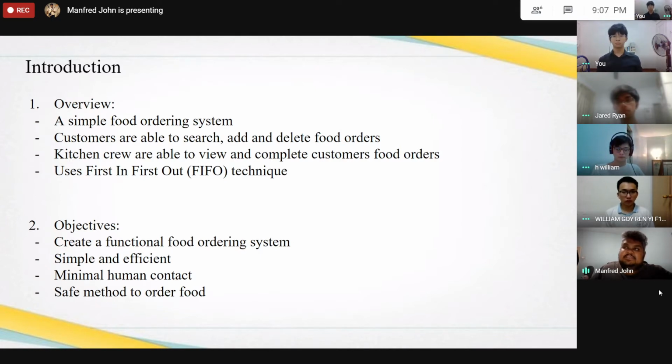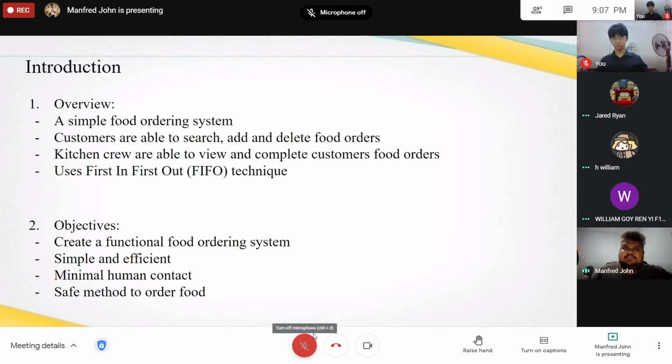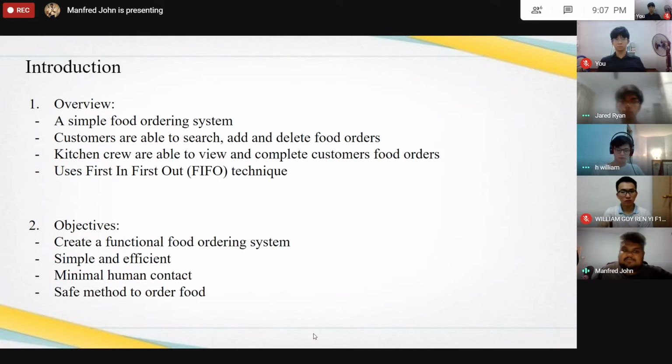So basically, what it means is whichever order comes in first, that is the first order to be completed. It follows the sequence, so there's no cutting in line. It's first come, first serve. That's how it works. So our objectives when creating this food ordering system is basically just to create a functional